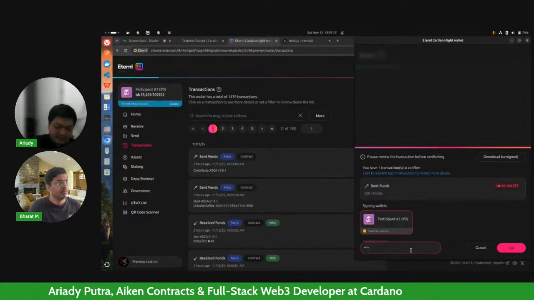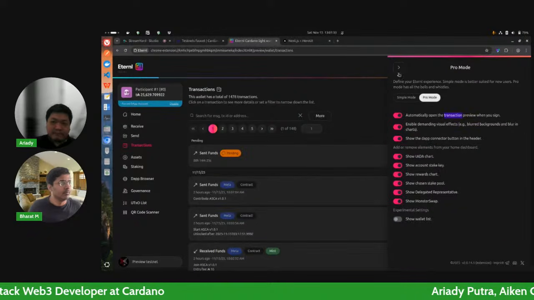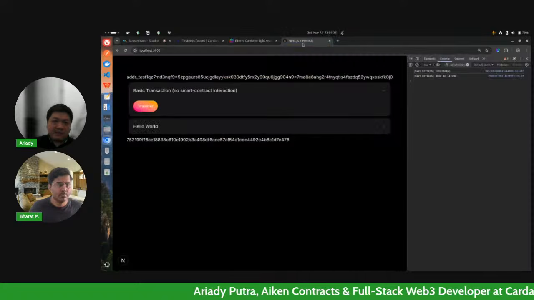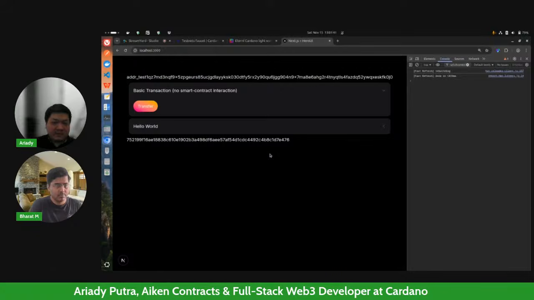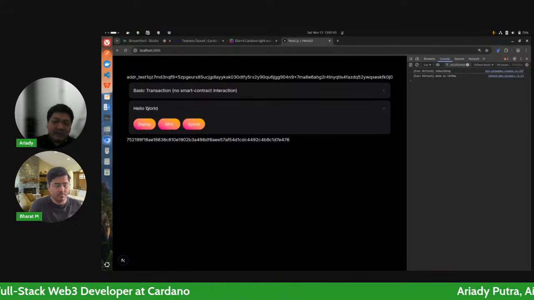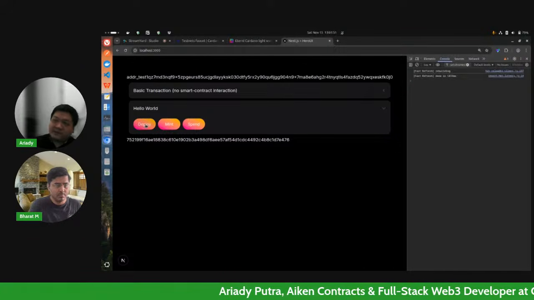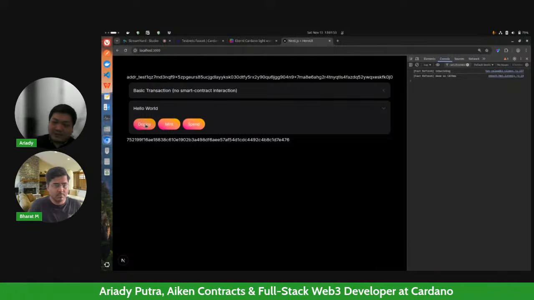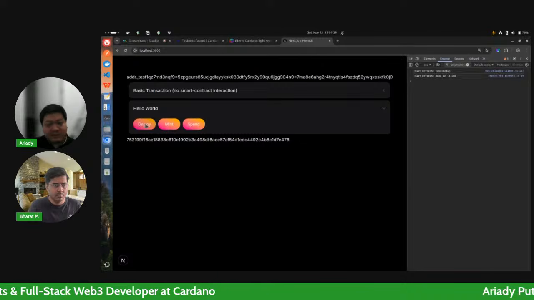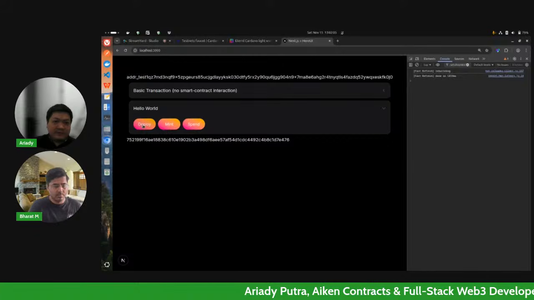So let's just submit this. Right now, the transaction should be submitting to the blockchain, and it means everything is working properly. Now, the next section, we have this hello world. Hello world is our dummy script that we just deployed. On Cardano, unlike on other blockchains, when people talk about deploying a smart contract, what's actually going on is we put this particular script into a UTXO somewhere. So let's just do it.